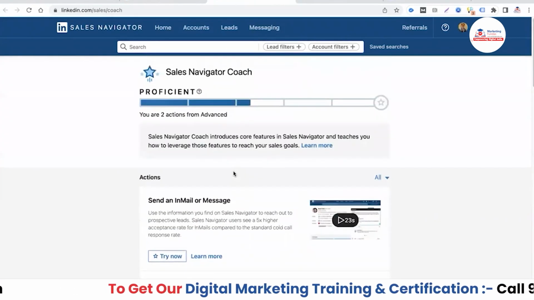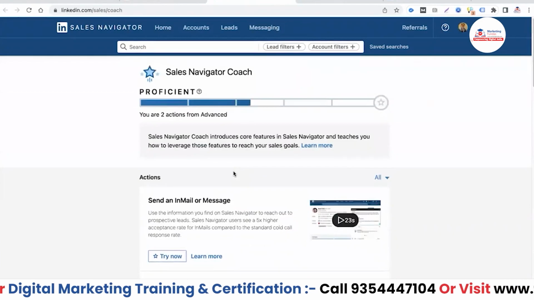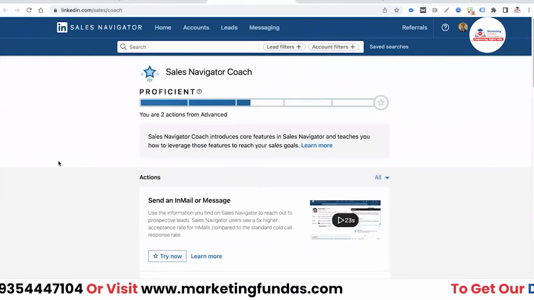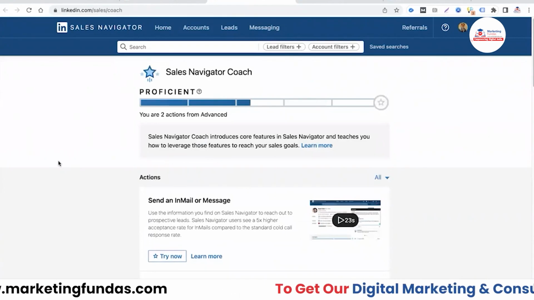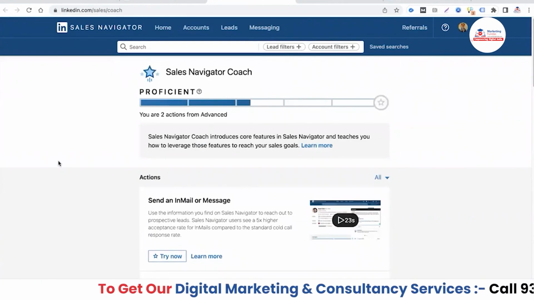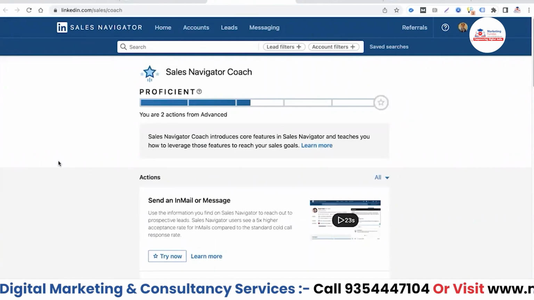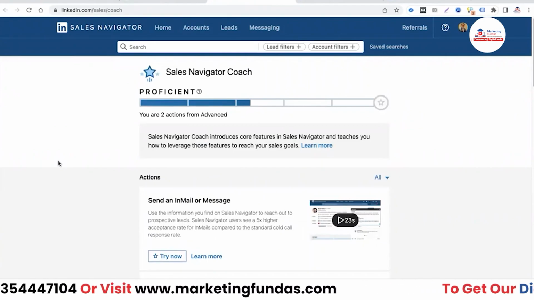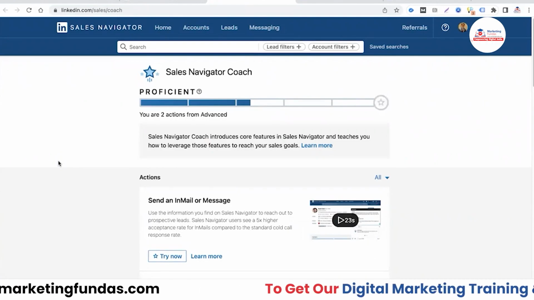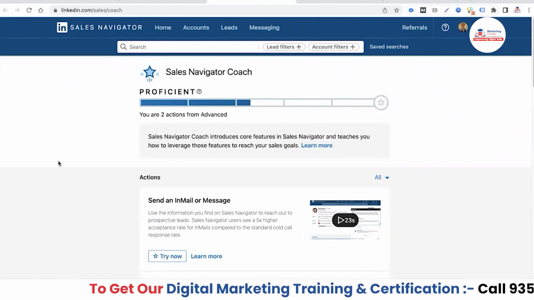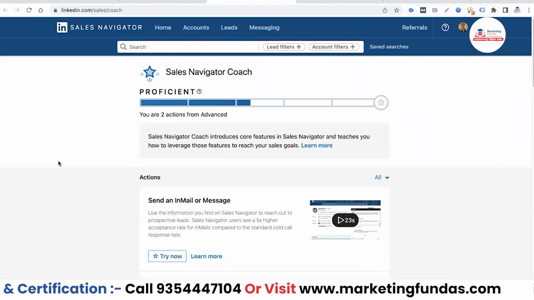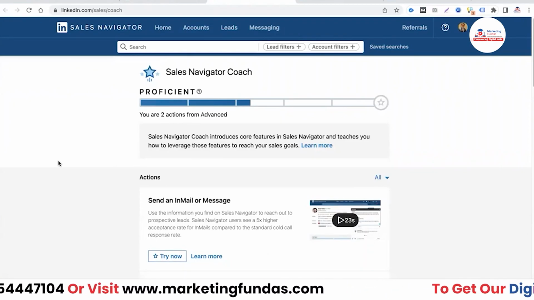You need to understand how Sales Navigator is going to help your business, right? Every business needs leads, good quality leads and good quality clients, obviously, right? So for your salesperson, or basically for your sales team, you should use this Sales Navigator. Basically, you should subscribe to Sales Navigator, or you can directly check out this tool first for the first month,